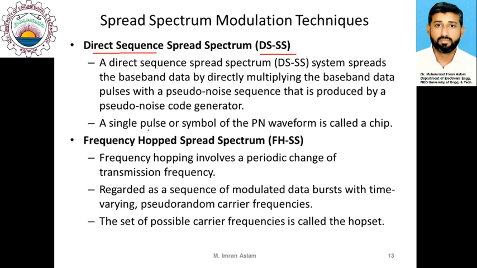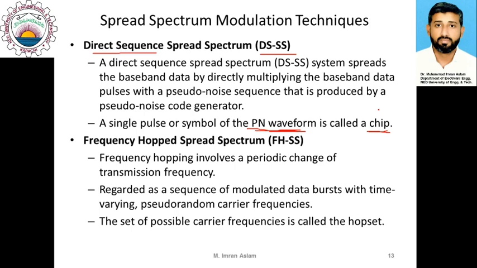A single pulse in that pseudo noise waveform is named a chip. These chips, when they multiply with the baseband signal, cause spreading of the signal in the frequency domain. So we get a wideband frequency signal after multiplying this pseudo noise sequence to the